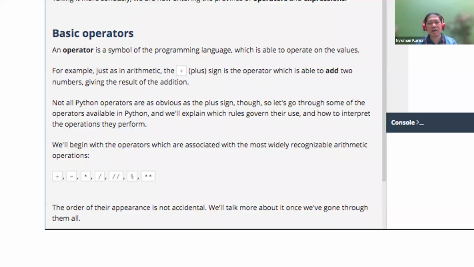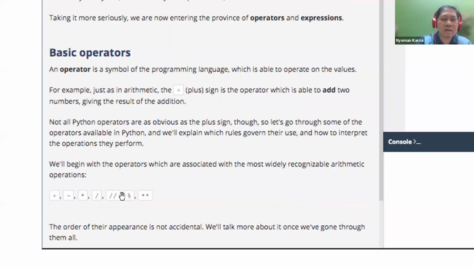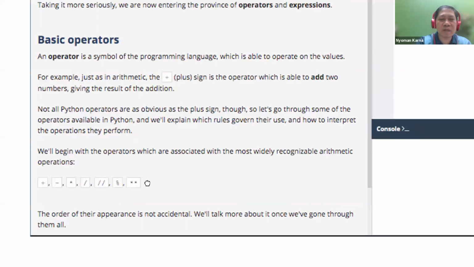And then there are two other operators which are not available in C language but available in Python, which are integer division and the exponent.